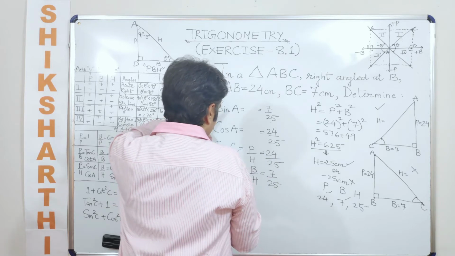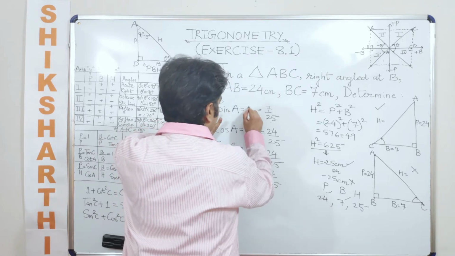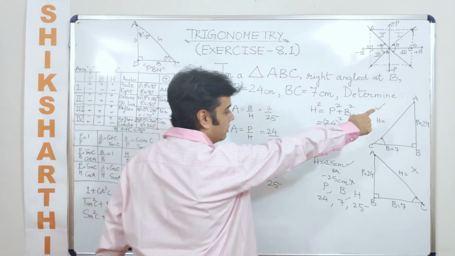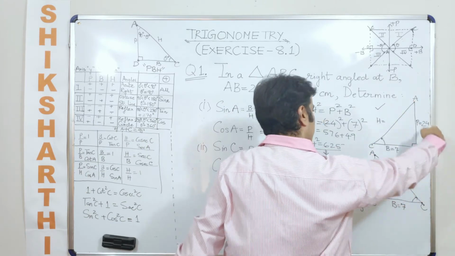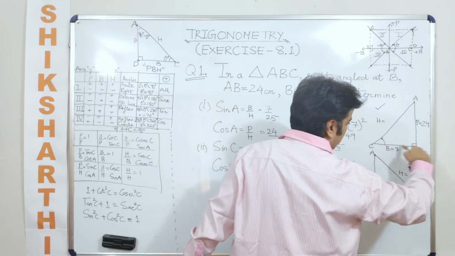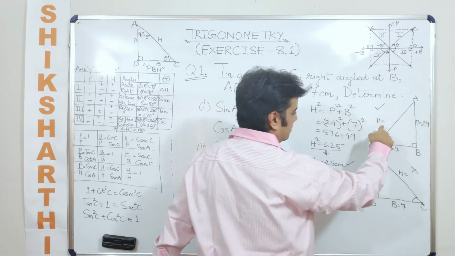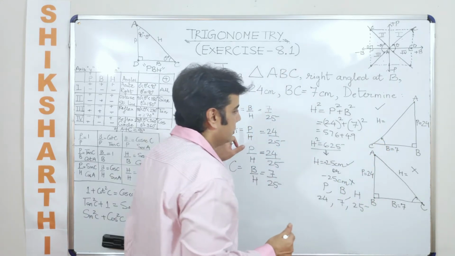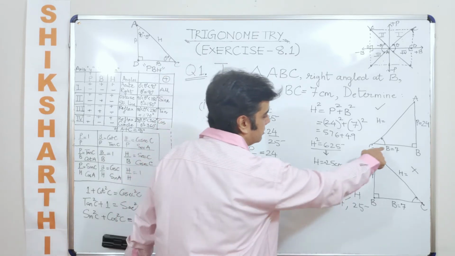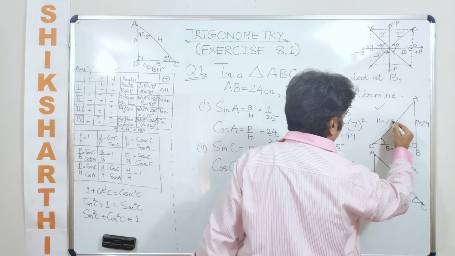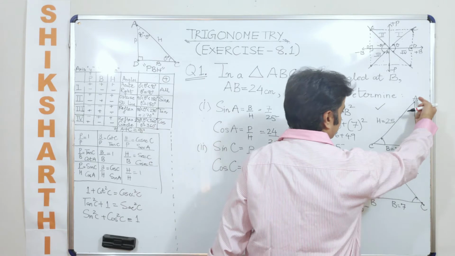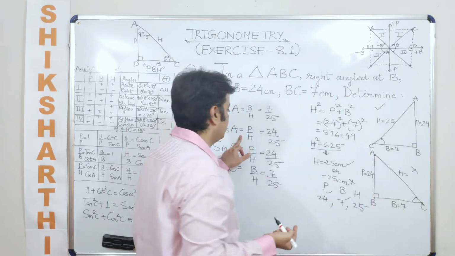Now when we are writing this sine A is equal to cos C, this is nothing but base upon hypotenuse, and this becomes perpendicular upon hypotenuse. Let's check it out. Sine A, so we are talking about this orientation. Sine A is equal to perpendicular upon hypotenuse. Which case are we talking about? We are talking about sine A is equal to base upon hypotenuse, so 7/25. Let's substitute this value here. Similarly, when we talk about cos A, cos A is equal to base upon hypotenuse, so it is P/H.